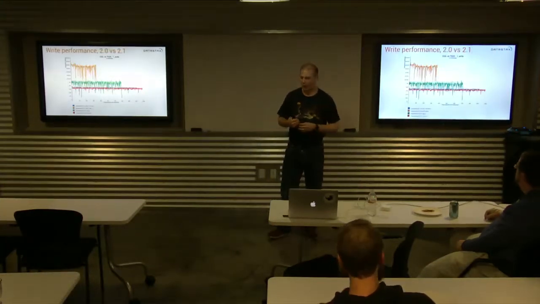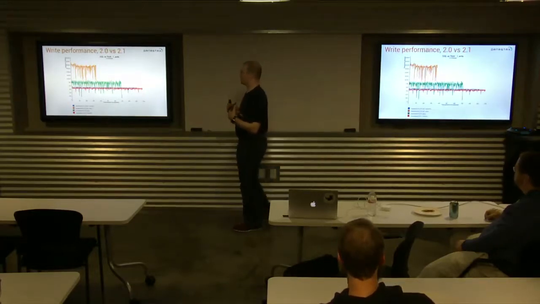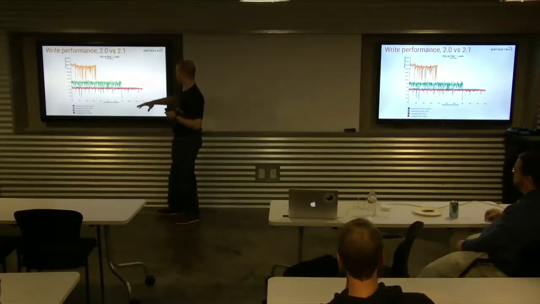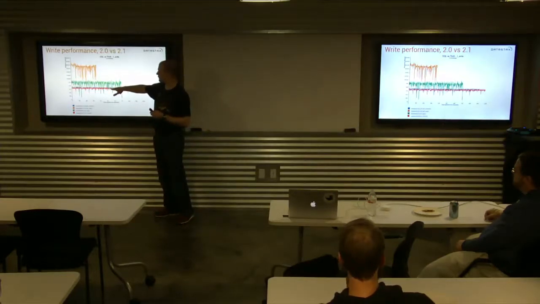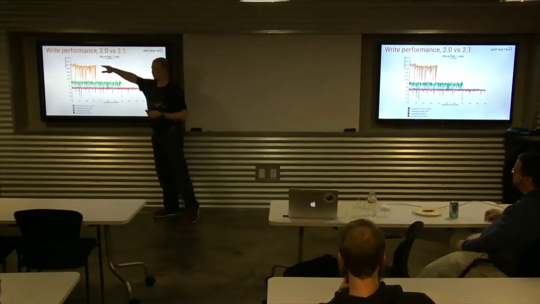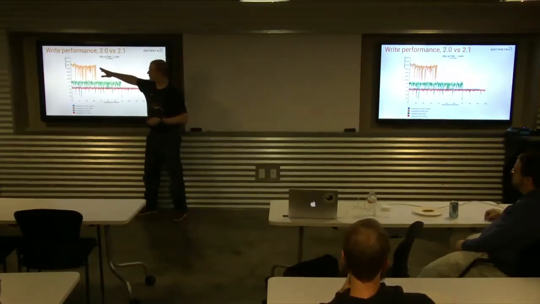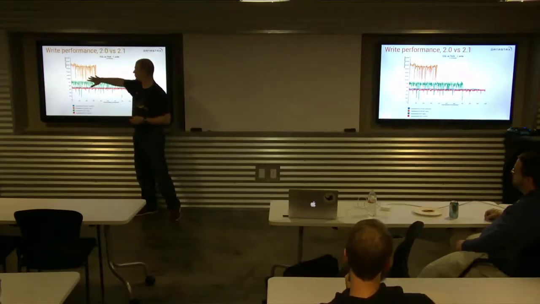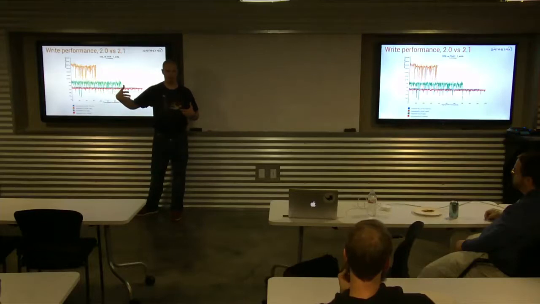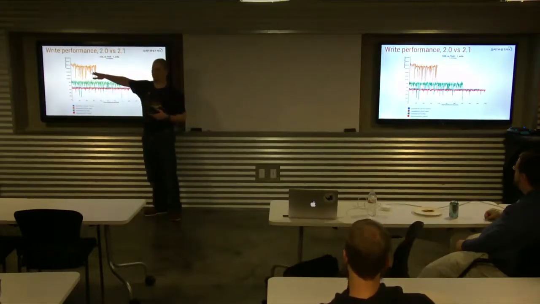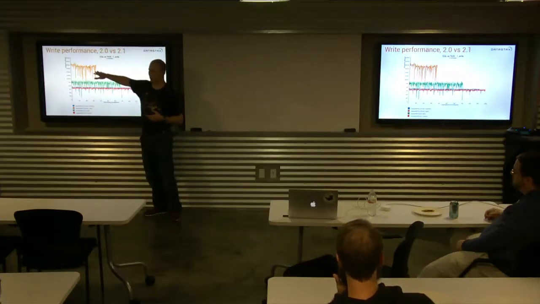Now, writes, we have a similar story to what we looked at on the first slide, so we've got Thrift 2.0, Thrift 2.1, CQL 2.0, CQL 2.1. But the difference is that we've got a lot more spikes where the performance slows down briefly. And what's going on there is we're actually maxing out the commit log disk. So this is an Amazon VM with 32 cores and 2 solid state disks, and we're maxing out the commit